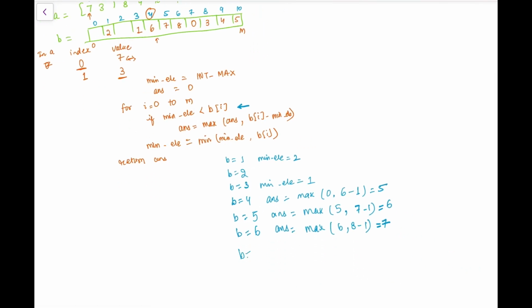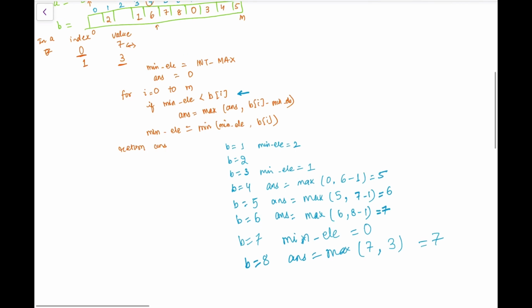Now at b equal to 7, answer will not get updated. Minimum element will be equal to 0. At b equal to 8, the minimum element is already 0, so answer will be maximum of my previous answer, which is 7, comma my current value, which is 3, so it will remain 7. Minimum value will not get updated here also, because it is 0 now.